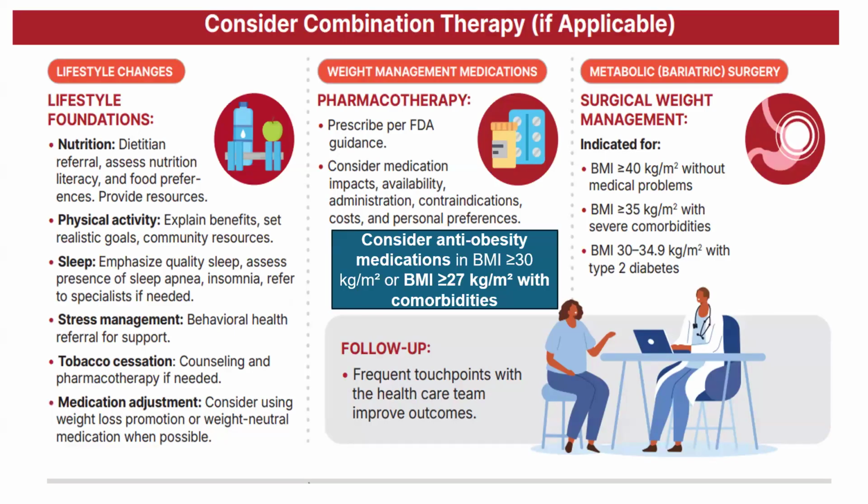In terms of suggestions by the guidelines, they have suggested, obviously, the three-pronged approach: look for lifestyle changes, suggest weight loss medications, and suggest metabolic or bariatric surgery for those patients indicated as per the BMI. So in terms of the lifestyle modifications, we'll look more at this in detail in the next slide.